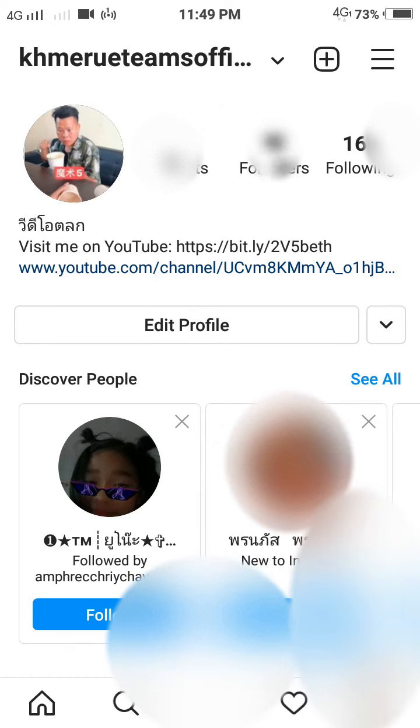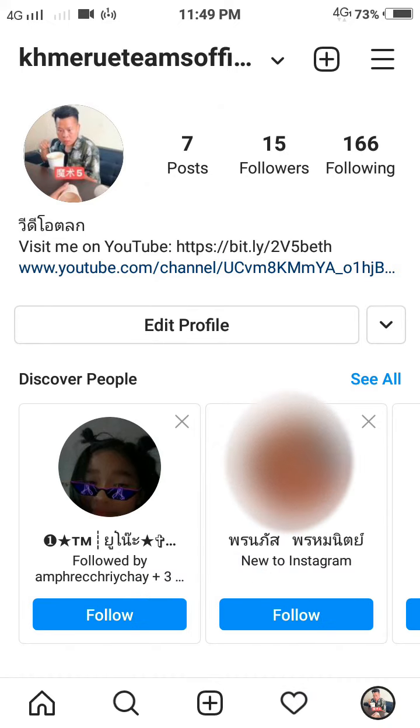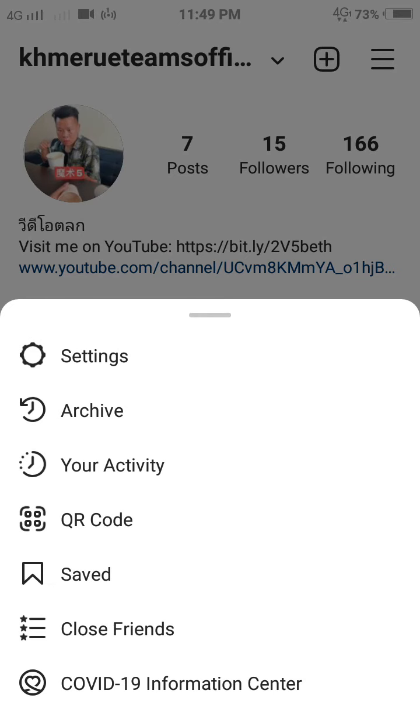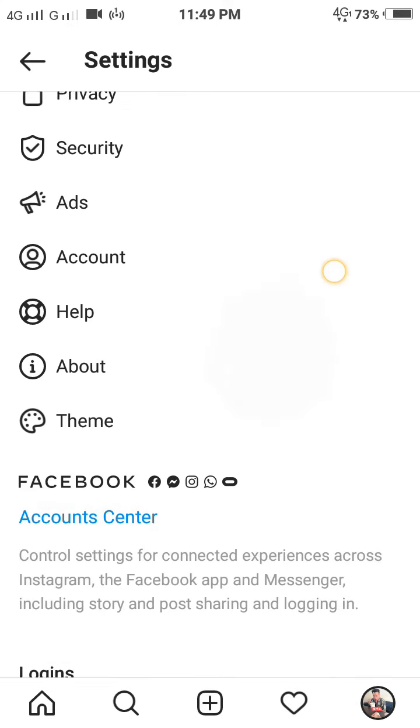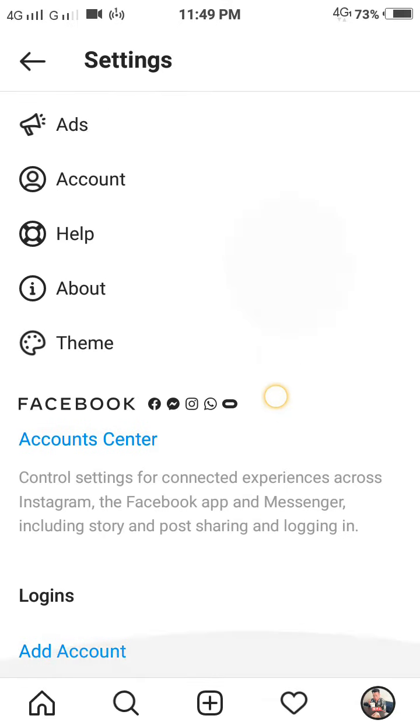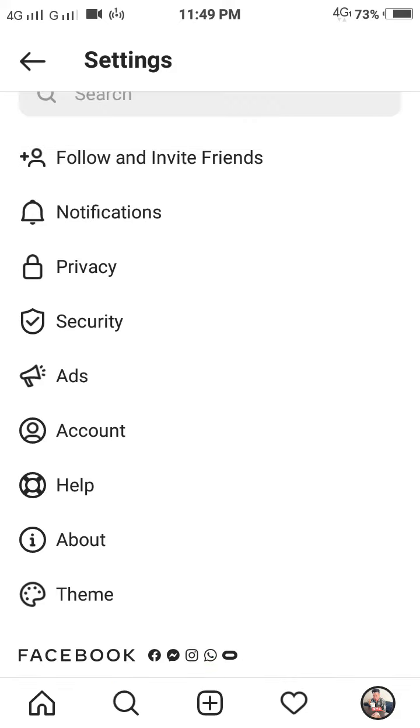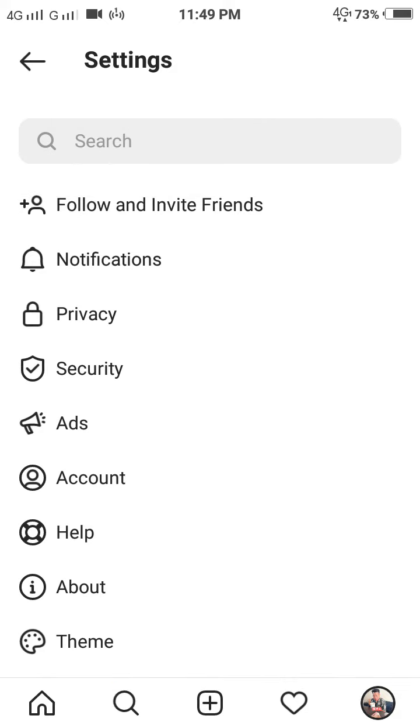And here is my testing account. Now click on the three hyphens mark on the top right-hand side here, and you will see the word Settings. Okay, now just click it. After you click this, you will see things like themes, security, privacy, and so on. And now you go to